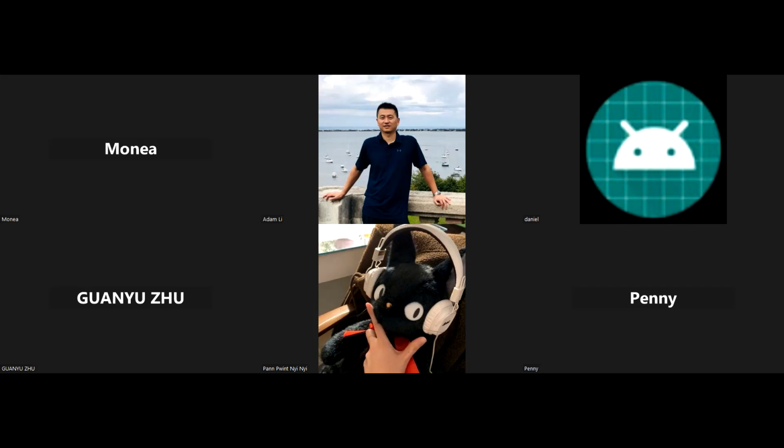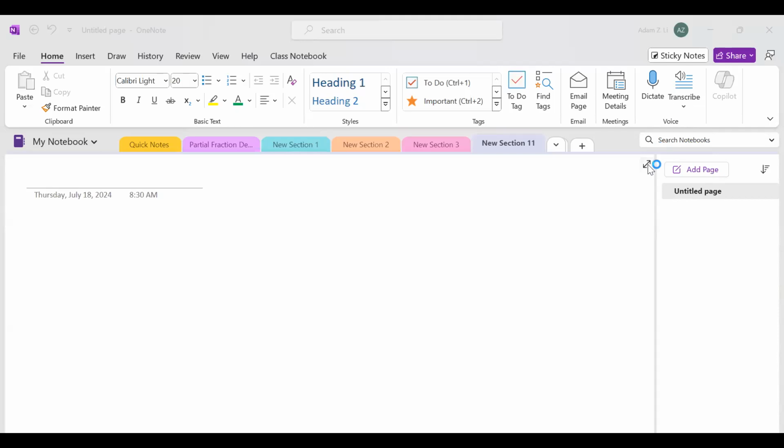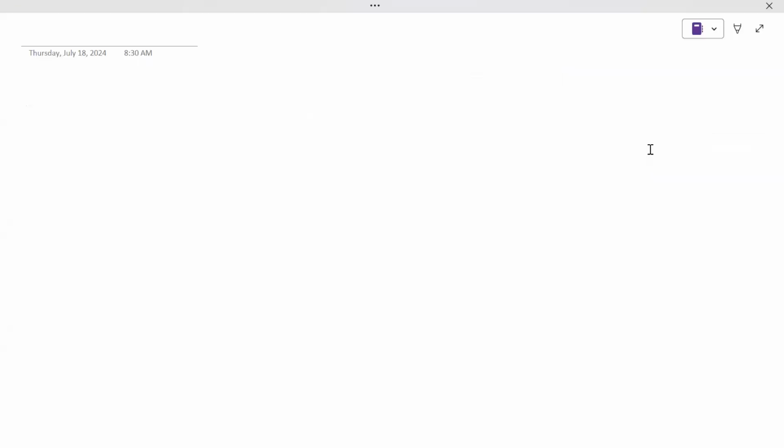We start with the exponent, right? Exponential function. So let's talk about the exponential function. A typical exponential function looks like this, some exponential function,